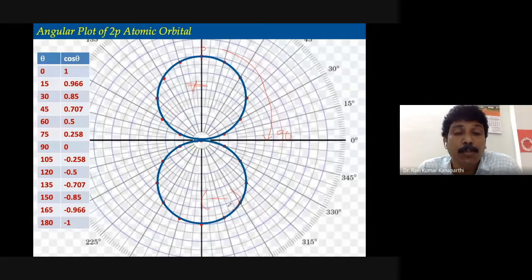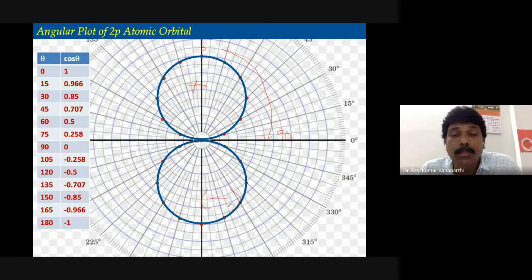In the case of 2p orbitals, we have 3 orbitals, and one of the orbitals is drawn here, so that the angular part or the spherical harmonics is cos theta. That cos theta, if you try to plot it for different values of theta, how the cos theta is varying, you can just make a table and then plot it. How to plot it? You cannot use the linear graph.